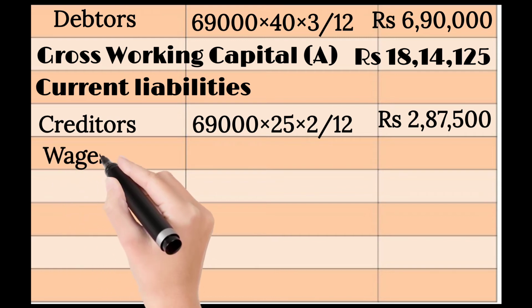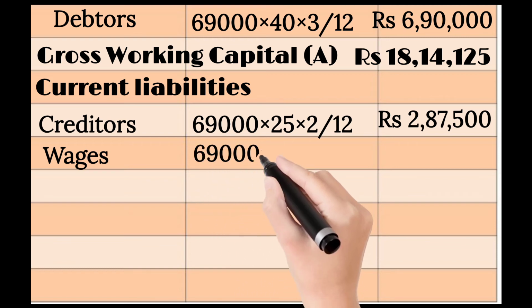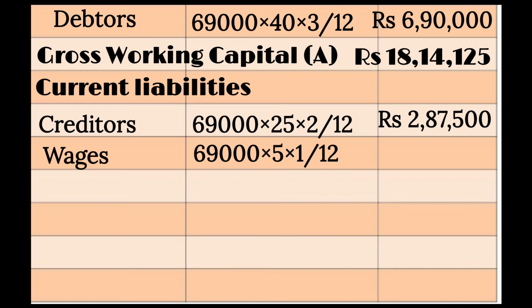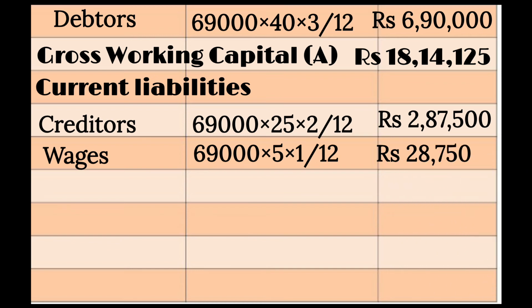Wages are paid in the next month. So 69,000 into per unit cost rupees 5 into 1 divided by 12, wages come to rupees 28,750. The total of creditors and wages is the total current liabilities, named B, rupees